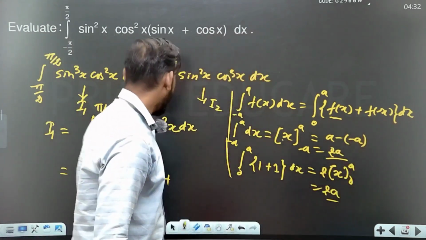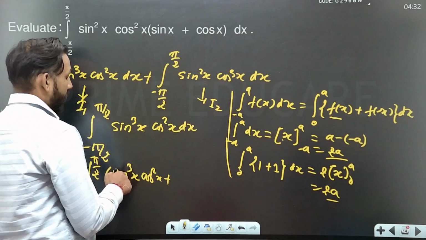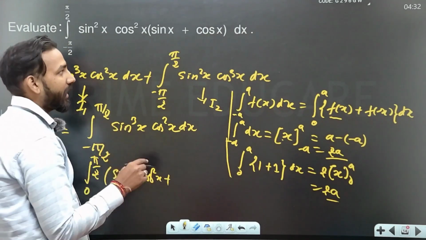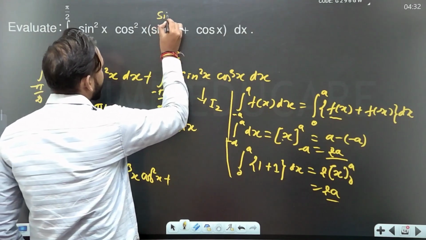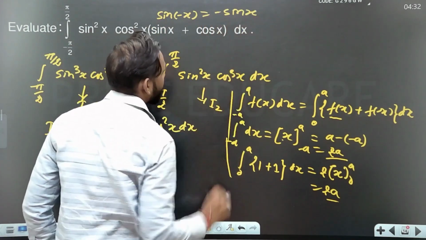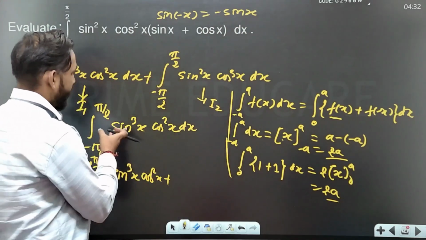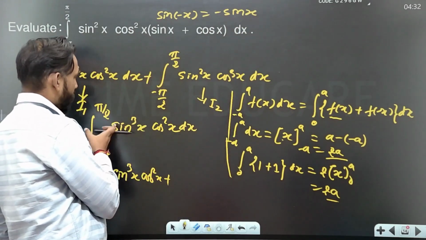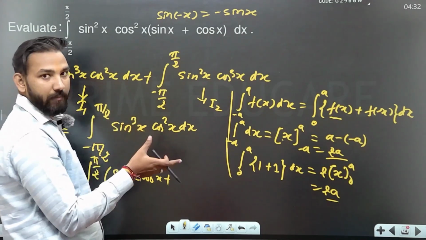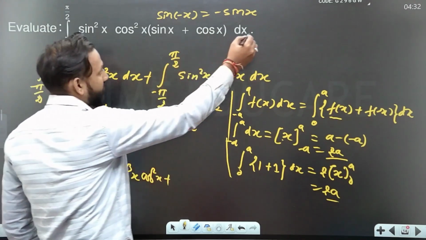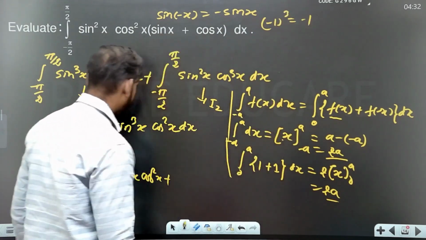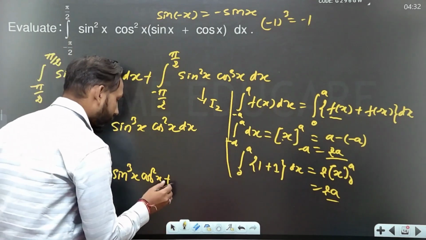We also want to put here, now since we put minus x instead of x in sine, then we know that sine of minus x is equal to minus sine x, as you know. Now if we put here minus sine x, and also the power of minus 1, the power of minus 1 is 3, right? Minus 3 power of minus 1, right? This, or 3 power of minus 1 is minus 1 also. Therefore we get here